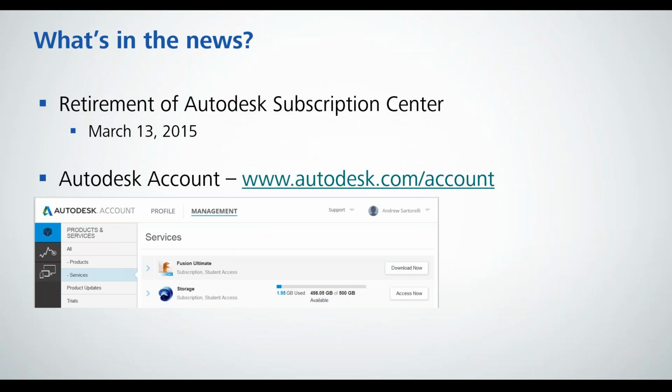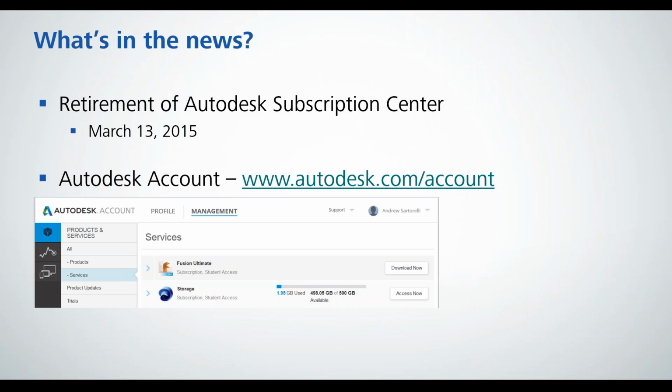So we do have one new slide. For those who have been here before, if you haven't fallen asleep, now it's time to wake up, okay, if you have. The Autodesk Subscription Center itself is being retired. The only way this is really going to affect you is that there is a new URL that you need to use to access all your subscription benefits. Again, this link will be in the slide deck that you can download, or you can just write it down right now. But other than that, it really isn't going to affect you other than allow for a smoother interface,